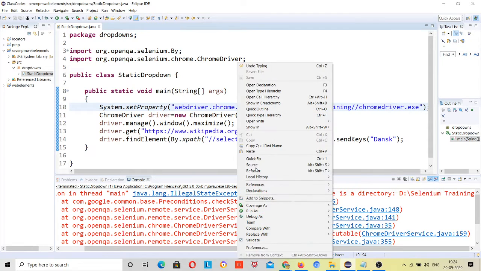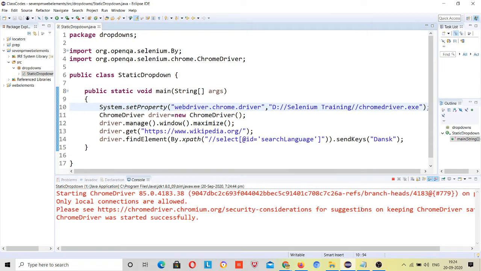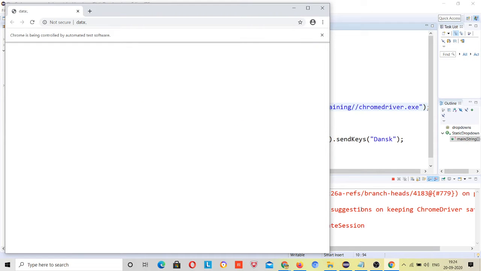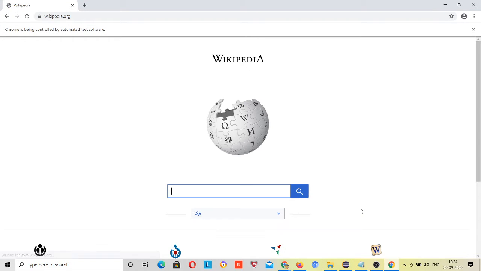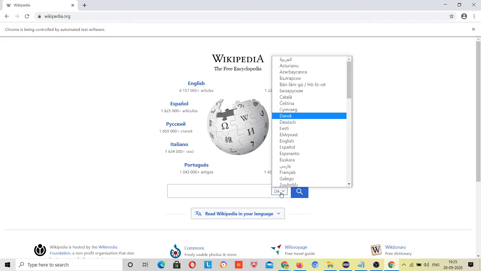Let's run it again. I had not given the file here, that's why it was failing. See, DANSK is selected, right?